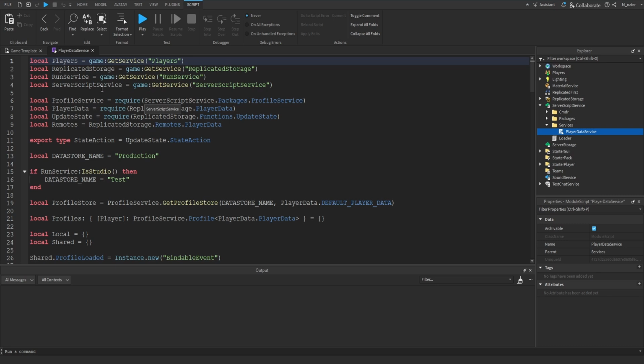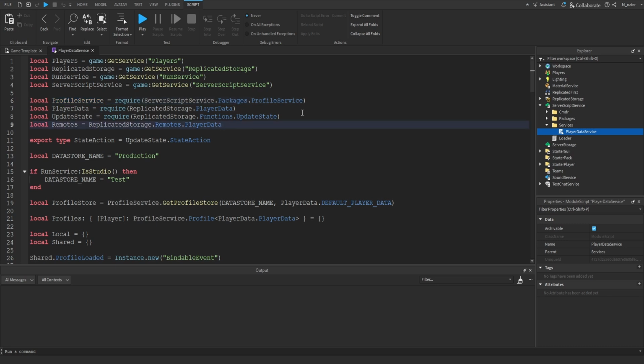Now, we load, manage, and save our player data by actually using an open source public library called the Profile Service. The library is extremely reputable, has been used for many years, and is used by a ton of popular games. I'll leave a link down below in the description to learn more about this specifically, but essentially we're using their code, which handles working with the data store service for us entirely. So it really helps us avoid messing anything up and makes saving players' data extremely easy.